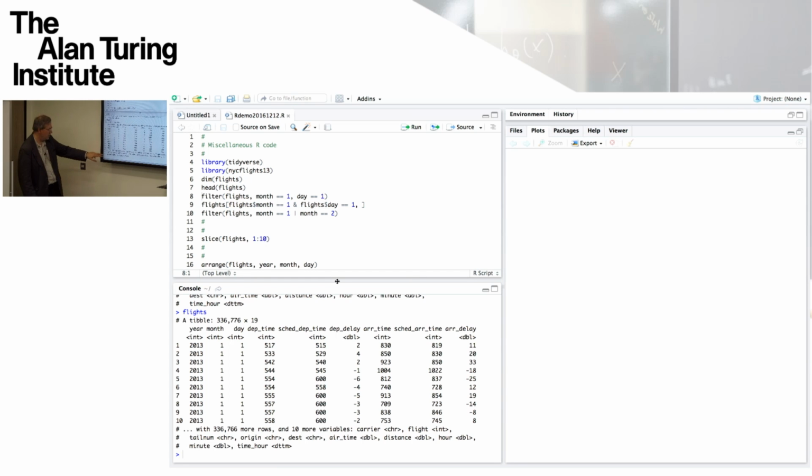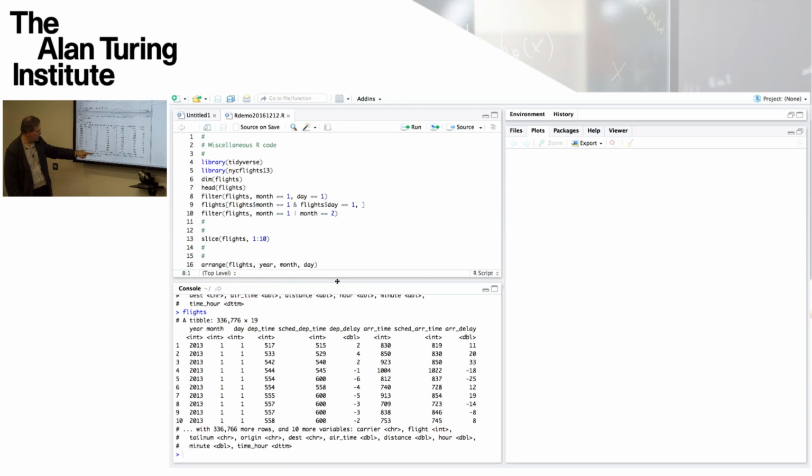And then some of the other variables are a string identifying the airline carrier, the flight number, so the route number, the tail number of the aircraft. So if you're a bit of an aircraft fanatic, a bit of a plane spotter, as I am, then you've got the actual tail number. That's the registration number on the tail at the back of the plane. And there are additional data sets that allow you to drill in to see what type of plane that is.